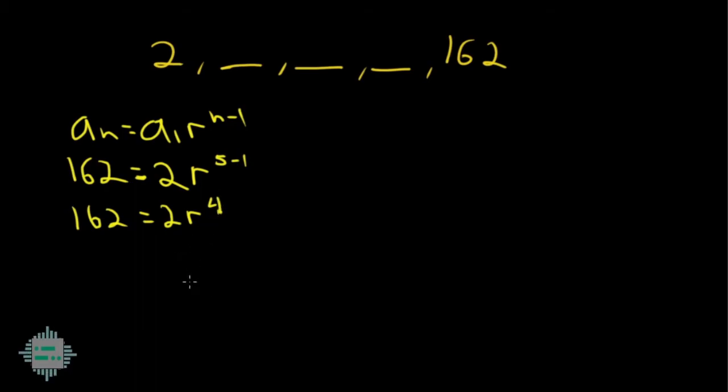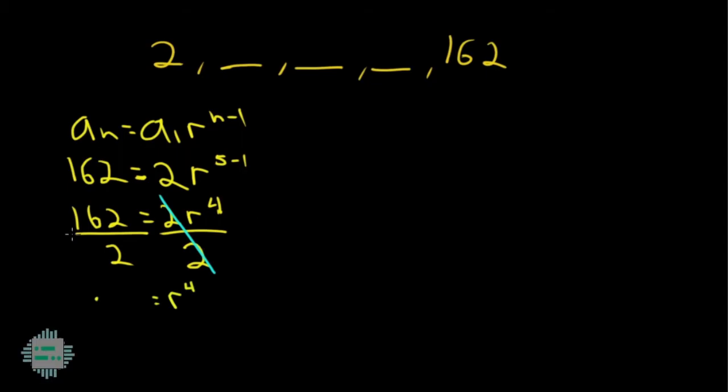Then sabi natin, di ba? Gusto natin si r ang masolve. So alisin natin lahat ng kasama niya. Let's start with the coefficient, the numerical coefficient 2. Divide natin both sides by 2 para makancel siya dyan. On the right side, we have r raised to 4. Then 162 divided by 2 will give us